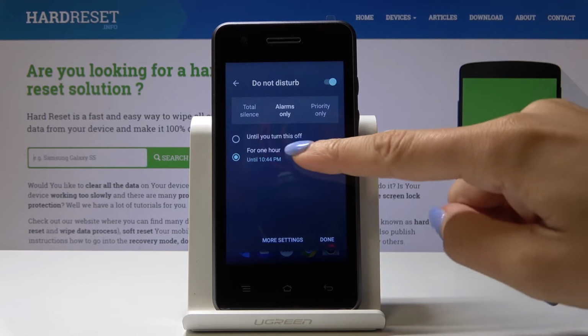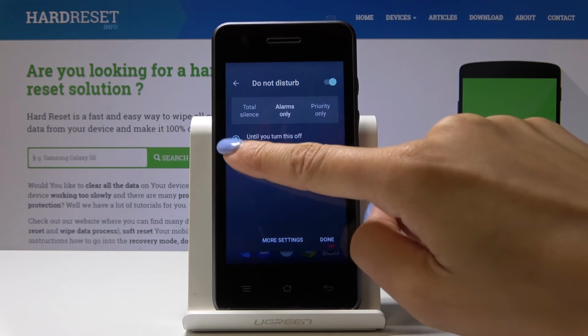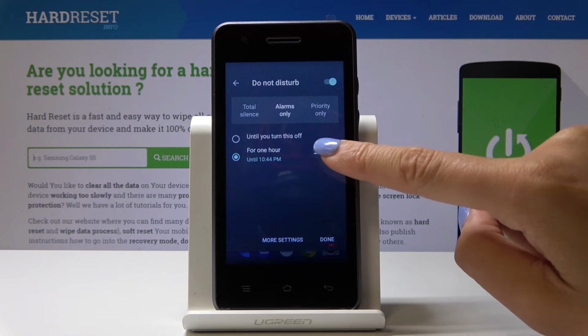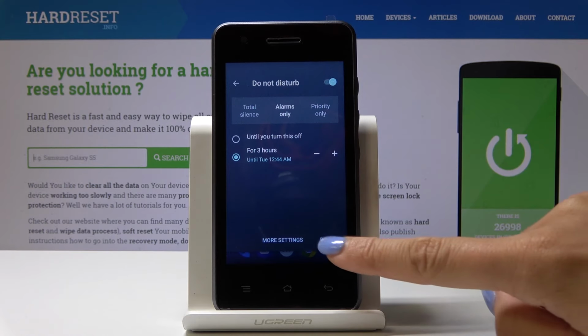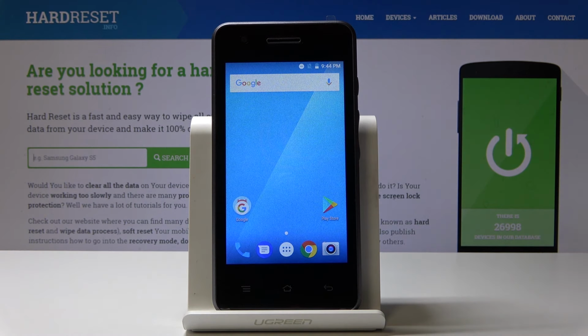Obviously you can switch it on until you turn this off manually, or you can enable it for some particular period of time, so for example for 3 hours. Click on done. And that's it. This is how you can activate, use and personalize Do Not Disturb mode in your